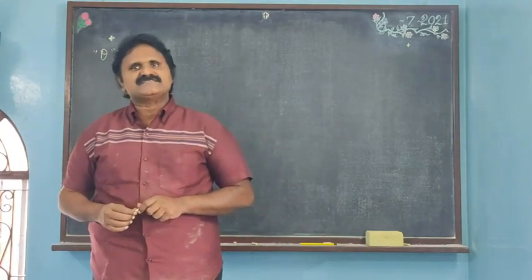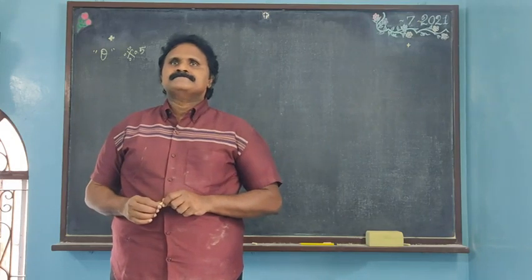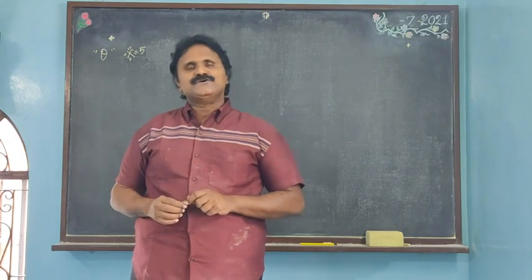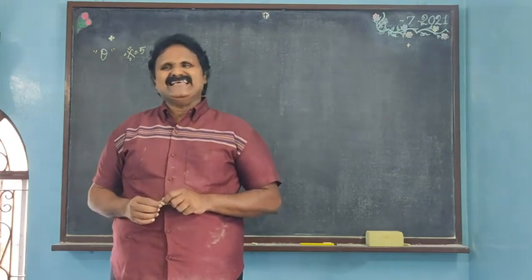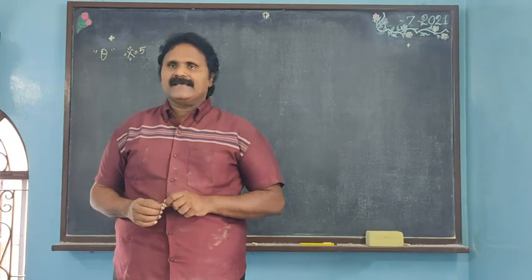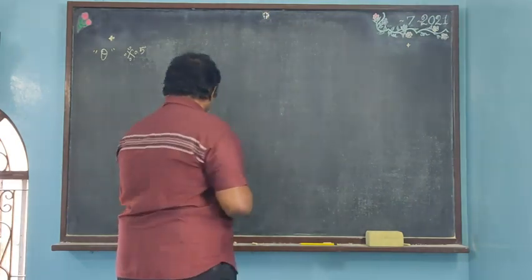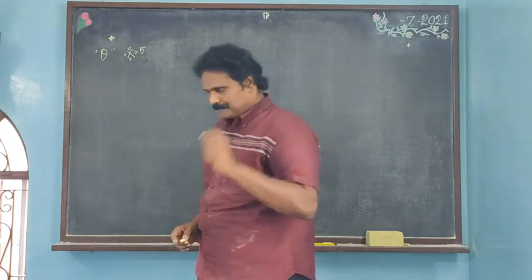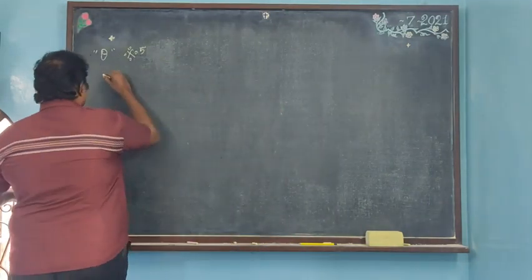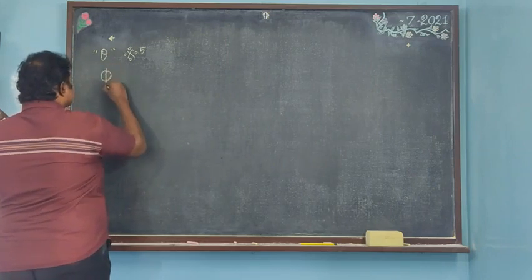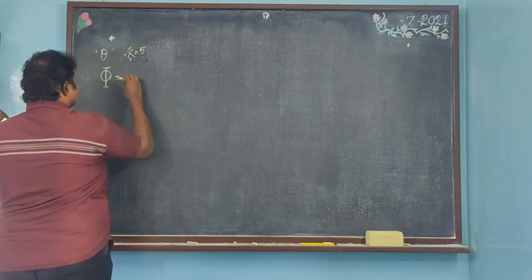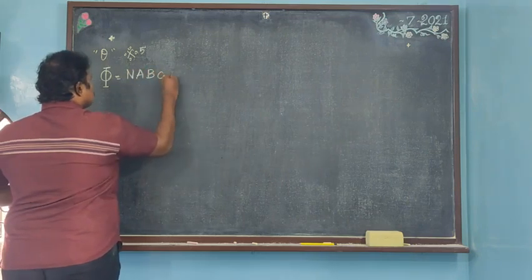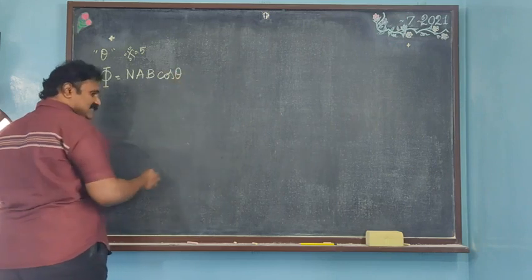Now let's go into the concept of discussion called the development of induced current or induced EMF by changing the angle theta, indirectly the orientation of the coil. From your notes, you already know the equation. Magnetic flux is given by the equation phi is equal to N A B cos theta. Others can also answer, no problem.